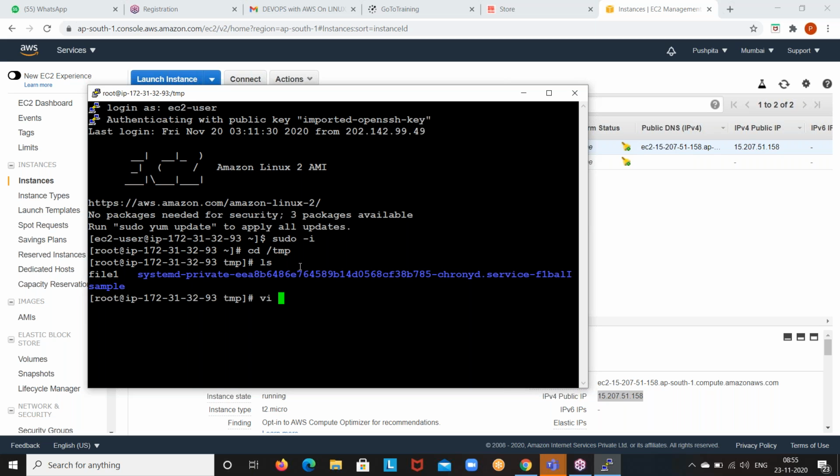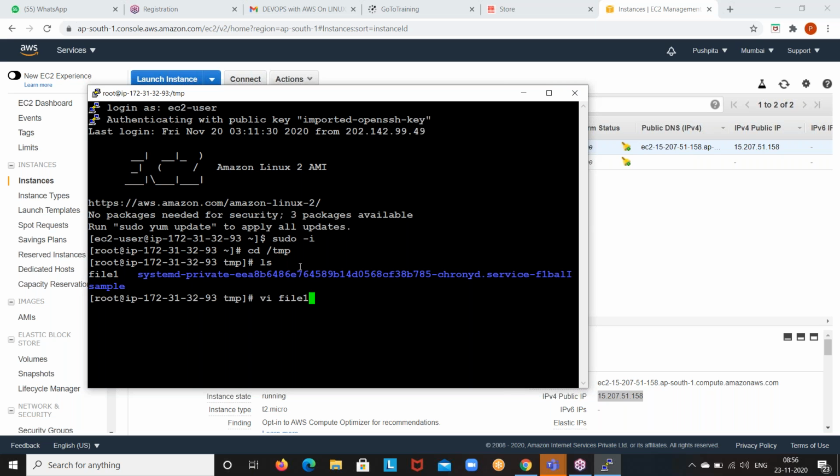By default, all files are text files only. To modify any type of file, we'll use the vi command, guys. vi space your file name, which file you want to create. Here, what vi will do is check first whether the file exists or not, the given file name, file one. If it exists, it will open it. If it does not exist, it will create and open it.